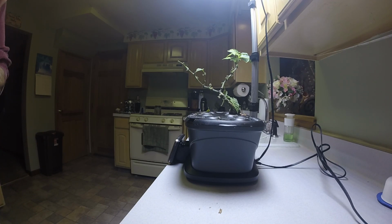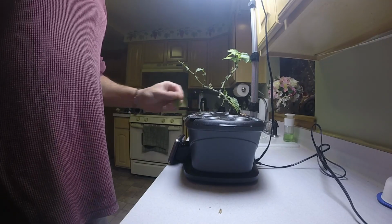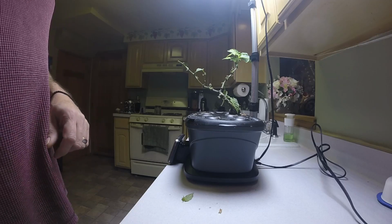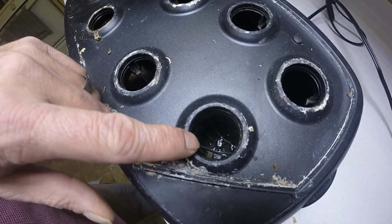Hey everyone, so it's time to clean the Aerogarden, get it ready for something new. I'm going to be getting rid of the pepper plant, basically taking this apart and cleaning it. I'll just show you what I do. You can see how dirty it is, but all the little pieces in here where the